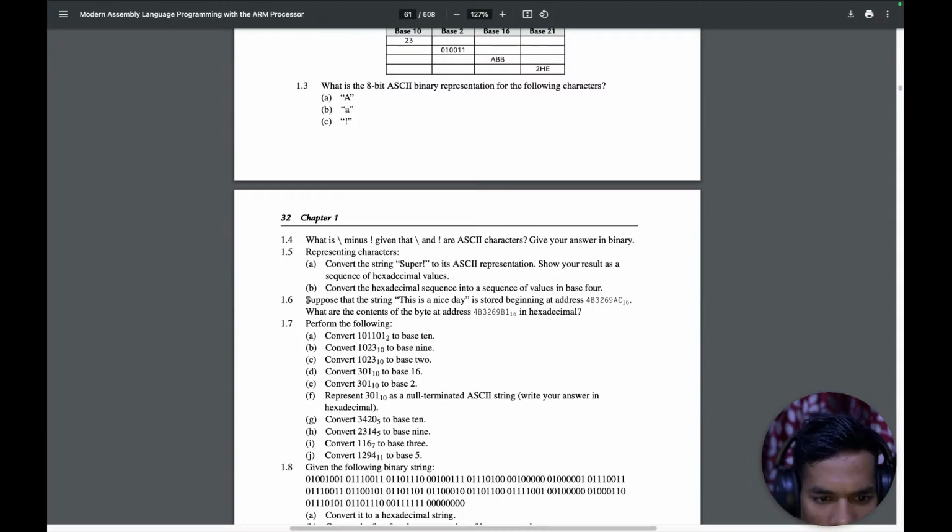Suppose that the string "this is a nice day" is stored beginning at the address this. Okay, what are the contents at address this in hexadecimal? That is good. Okay, so 9 A C and B1. AC. From AC to B1. If AC is the starting,